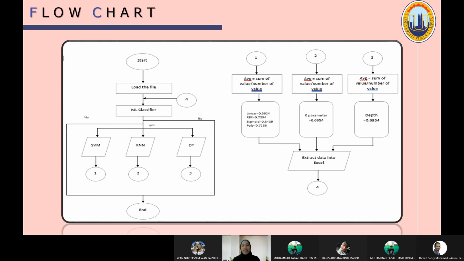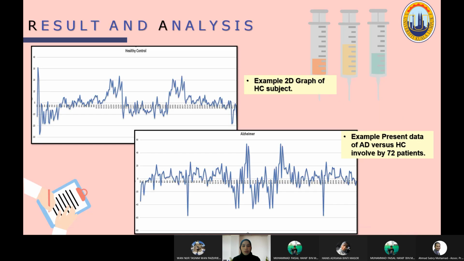Sorry. Okay. As a result, the best way to classify activity will be determined by the most excellent classifier and parameter that will be used to classify activities. So this is the present data, graph data. The current data is pre-processing EEG recording for 49 people involved with Alzheimer's and